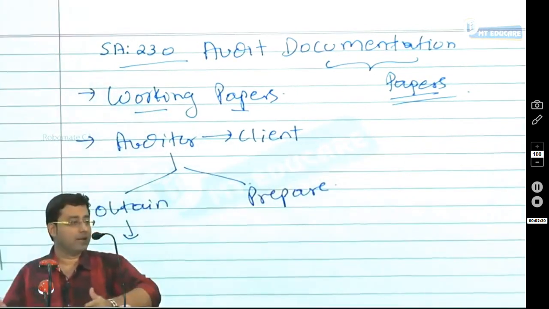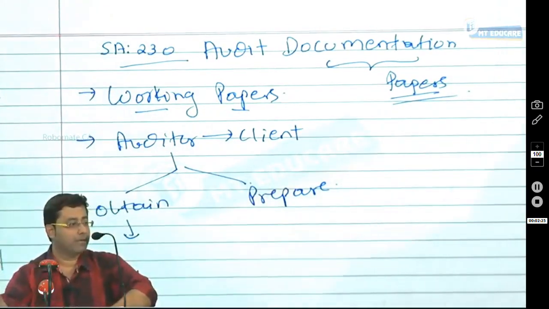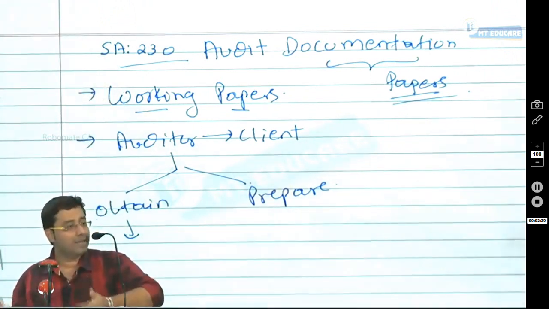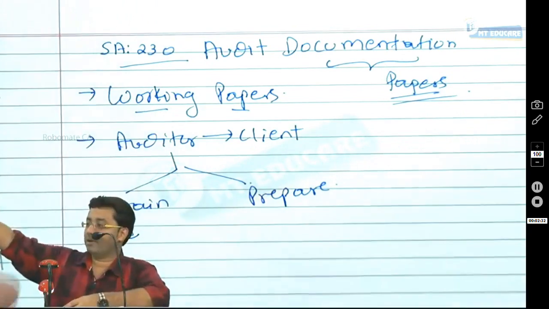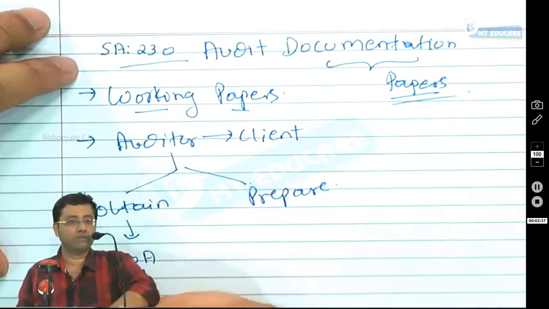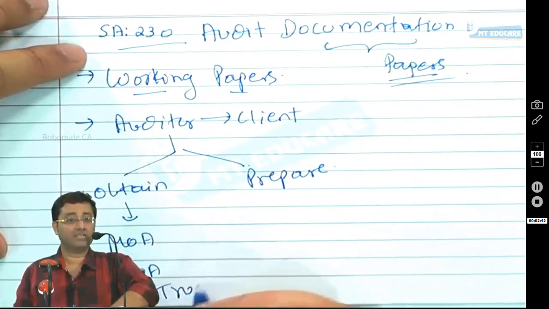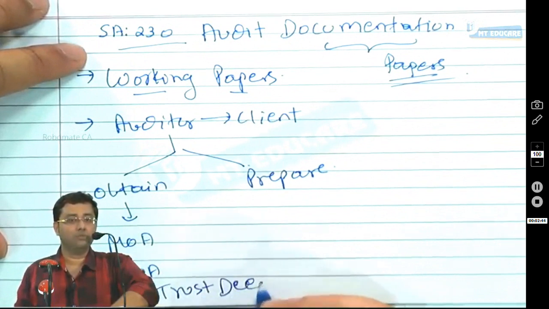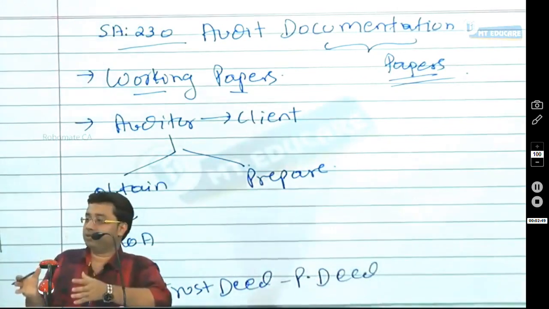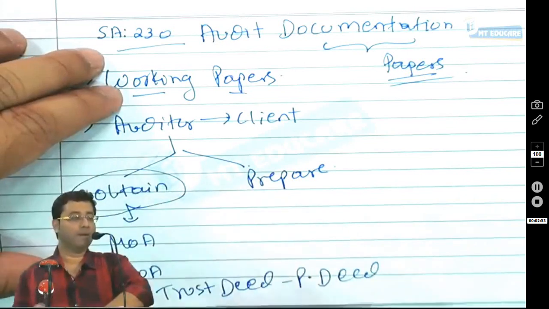If you are starting an audit of a company, it may normally first give you its memorandum copy and its articles copy, just to see whether you have understood the name of the company, the nature of its business, where the regional office of the company is located, and so on. So you may obtain certain working papers like copies of the memorandum and articles of association. You may audit a trust, where you may obtain a trust deed. You may audit a partnership firm, where you may obtain a partnership deed. These are constitutional documents which the organization is going to provide you. That is why I've written here the word obtain.